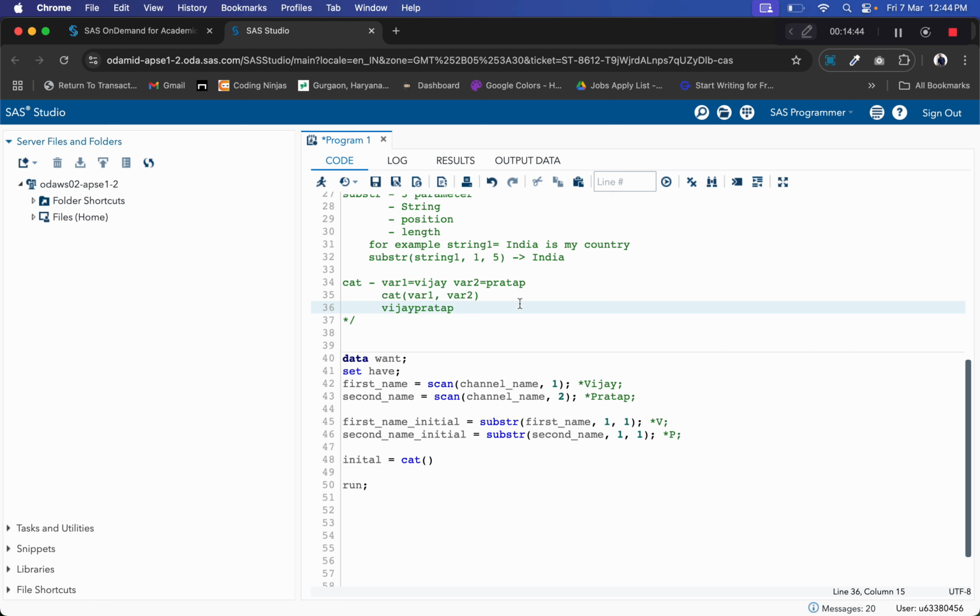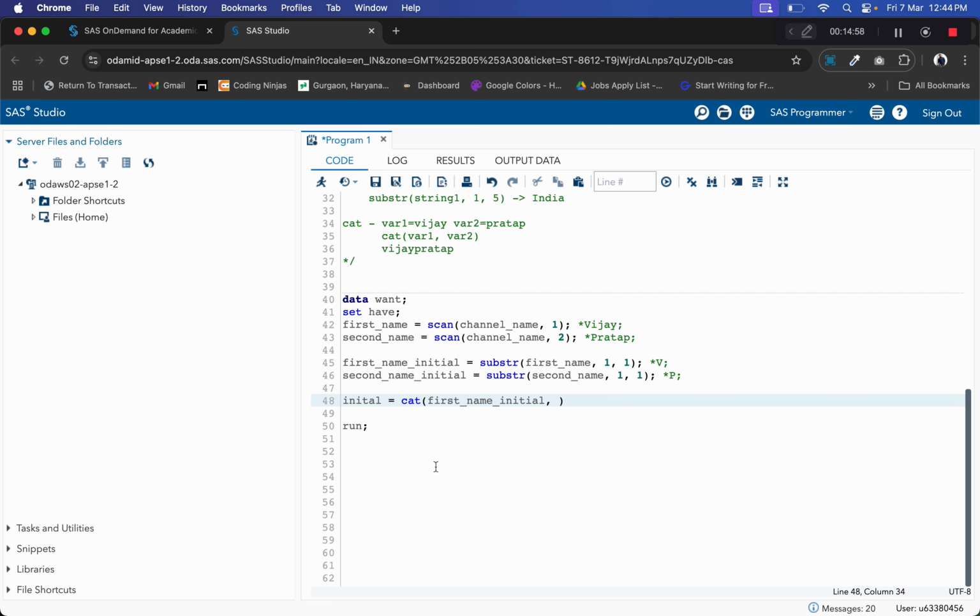Okay, and this is how the cat function works. So what we want is, in the first name initial we have V, in the second name initial we have P, and we want to combine these two together, right? So that we can get VP together. So we are passing this, and we are passing also this in the cat function, and let's run this.